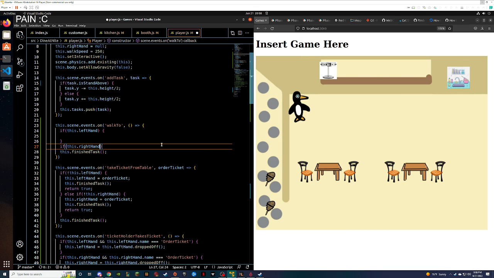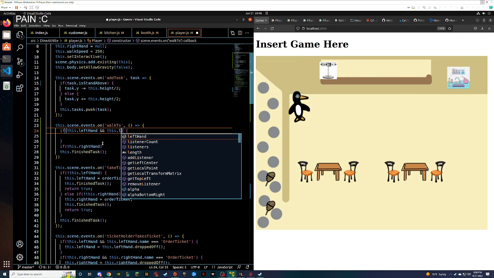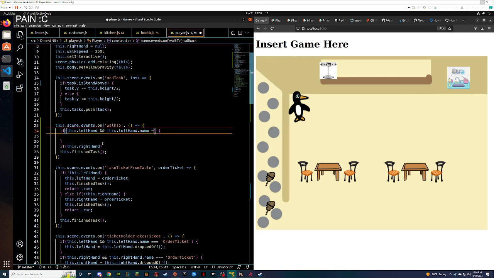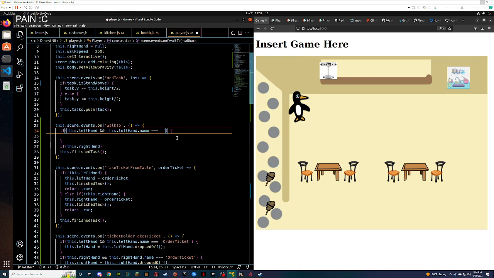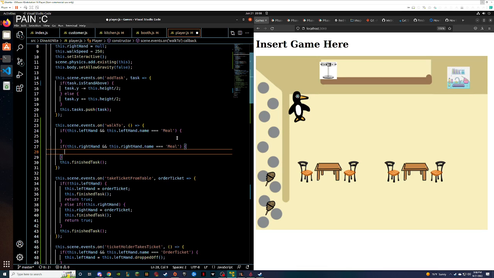Right hand. Okay, so we're practically going to do the same sort of check logic. First we're checking to see if your hand is empty. Otherwise, check to see if this.leftHand.name equals, is it lowercase meal or uppercase meal? Uppercase Meal. Okay, then lastly, we're gonna check the table number.